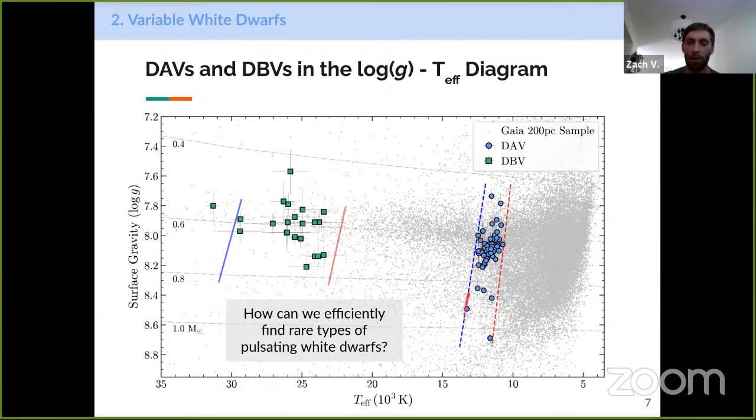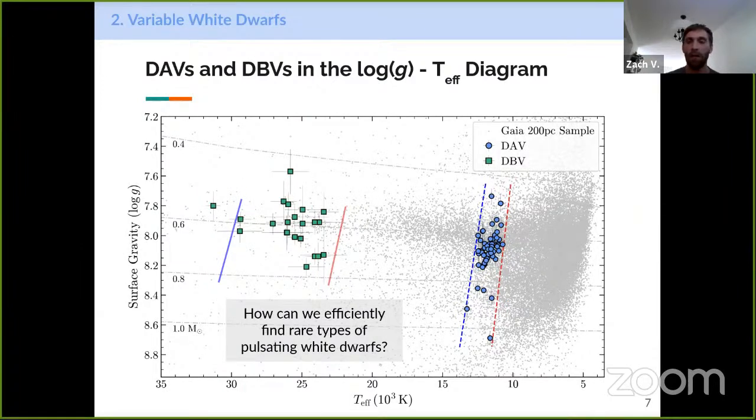And same thing over here, but with dashed lines for the hydrogen atmosphere DAs. And this plot is in surface gravity on the y-axis and effective temperature on the x-axis. And while we know of a lot of DAs that pulsate, we don't know of a lot of DBs, and we also don't know of a lot of very massive DAs that could potentially be crystallized in their interiors. So I've been thinking about how can we efficiently find these rare types of pulsating white dwarfs so that